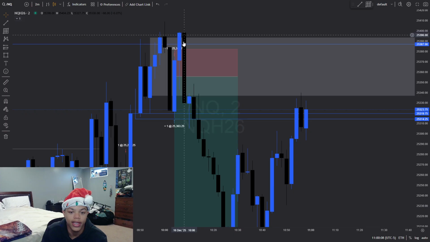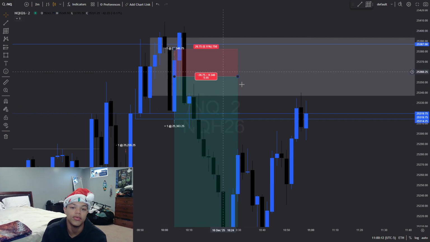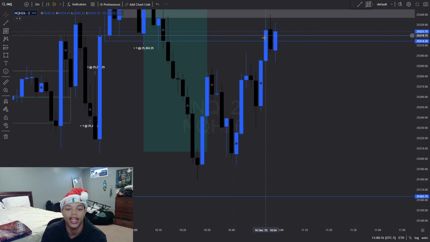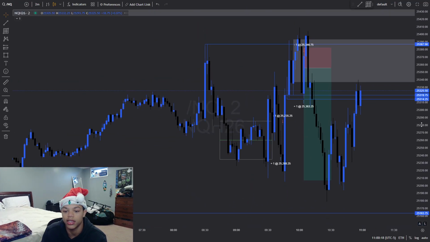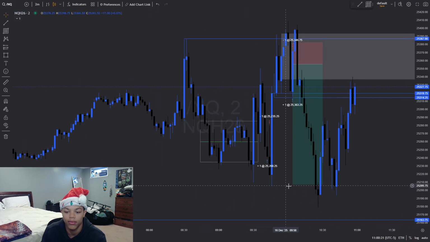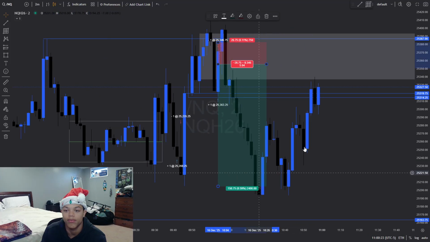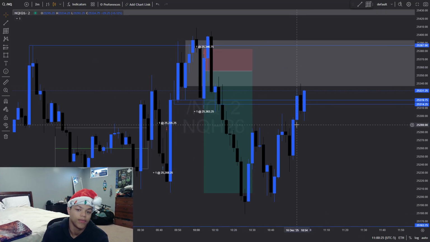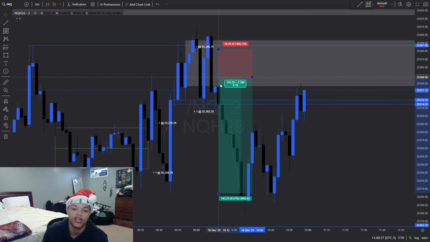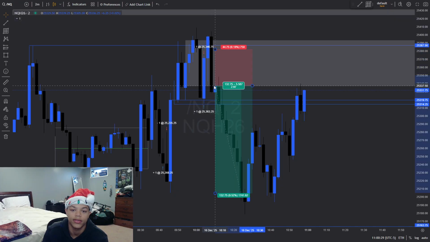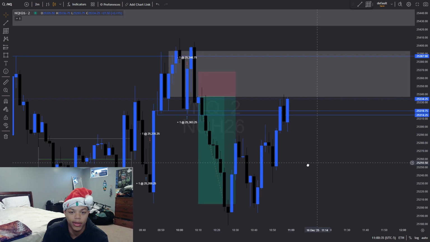So we came higher again, came lower, and then we surpassed it, and now we're looking for that pullback into the PD array, which we tapped into, the 5-minute PD array, and then came lower to this accumulation zone low, which was the target. So this should have been the trade. This would have smacked, put at the equilibrium of the PD array.